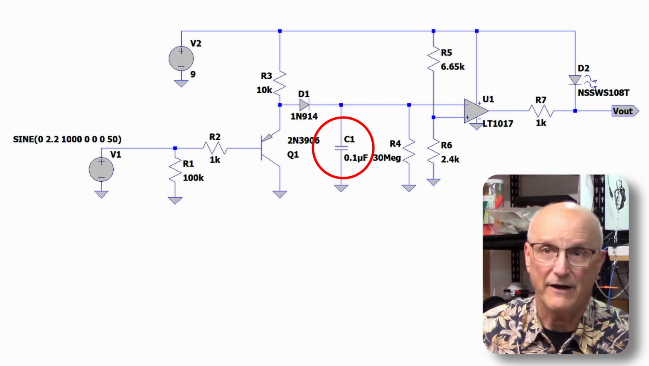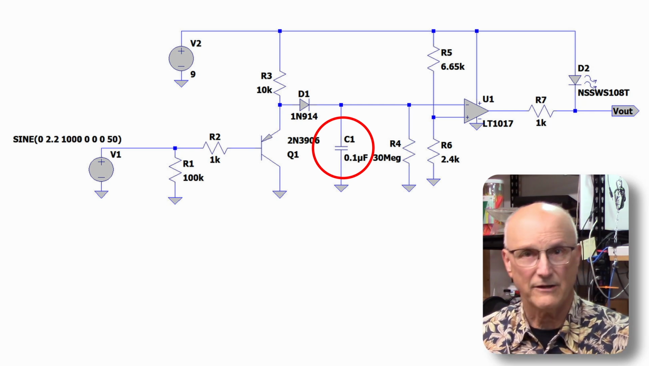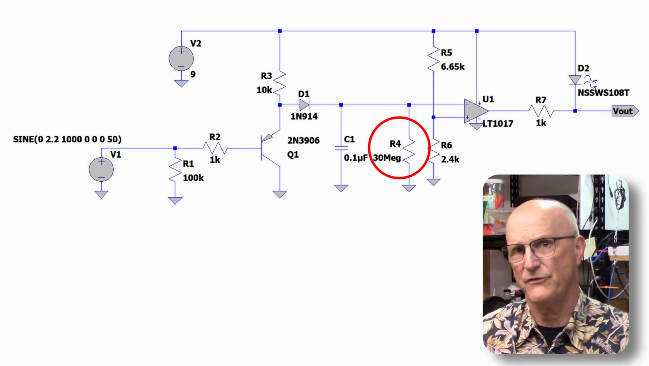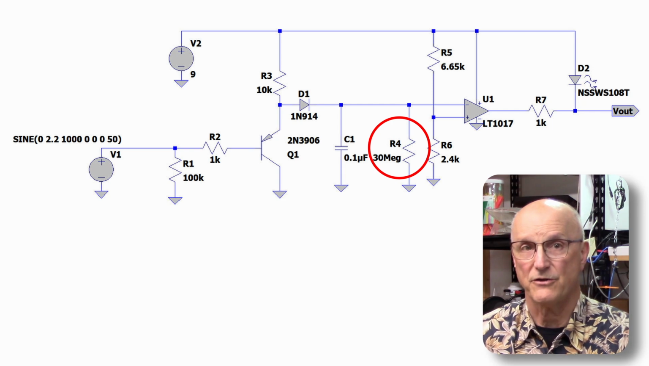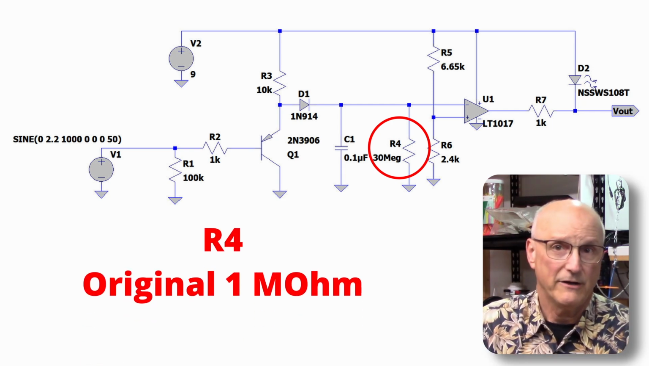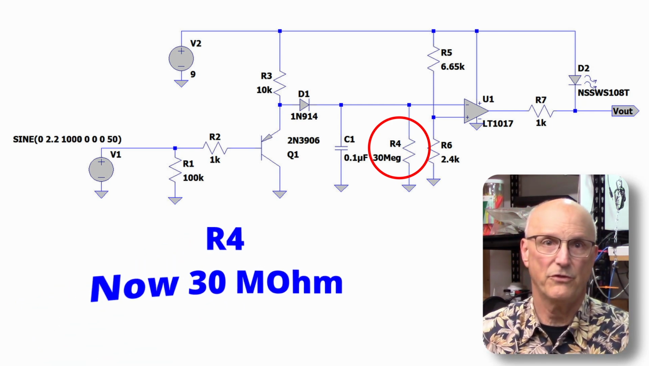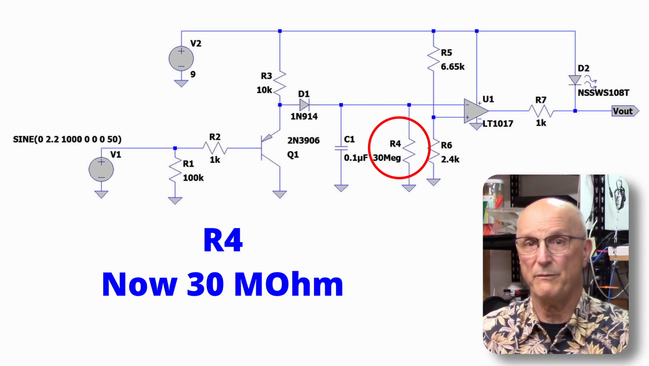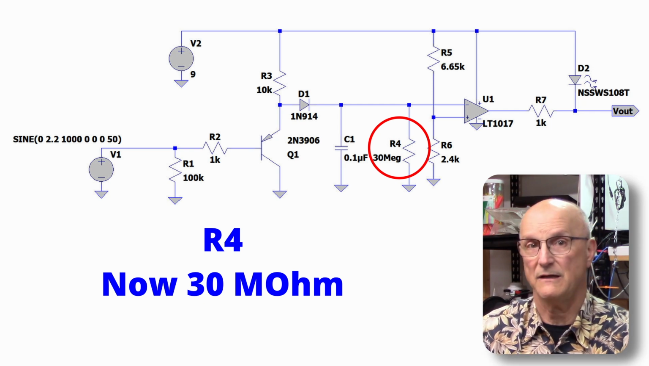The larger the value, the slower the response, and the longer the LED will stay on. R4 also determines the length of time the LED will stay illuminated. The larger the value, the longer the LED will stay on. Now, I increased the value of this from the original 1 megohm to 30 megohms to extend the time the